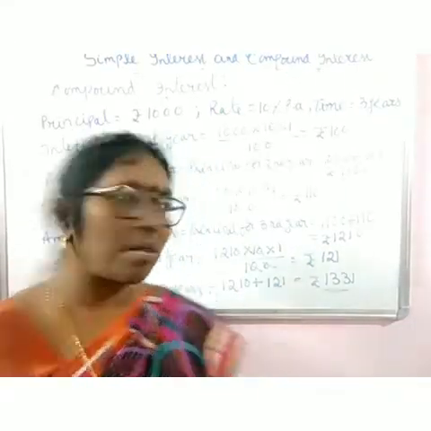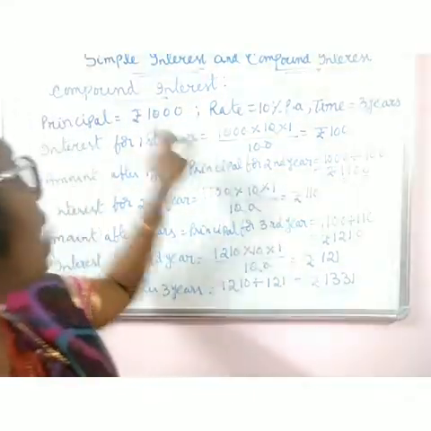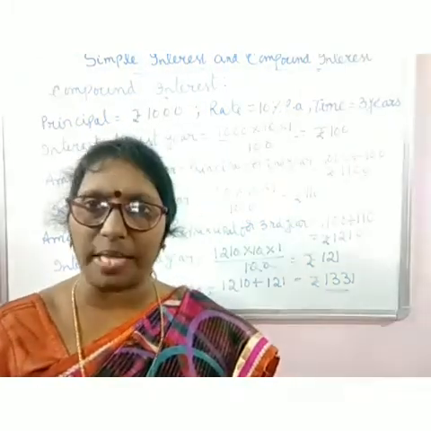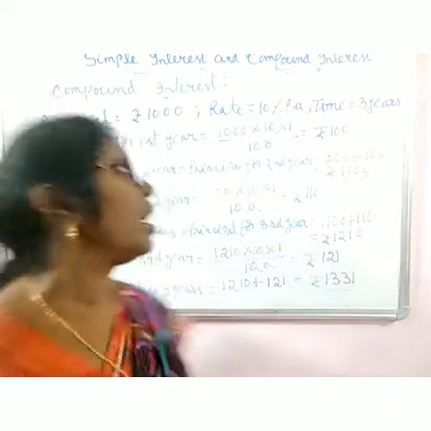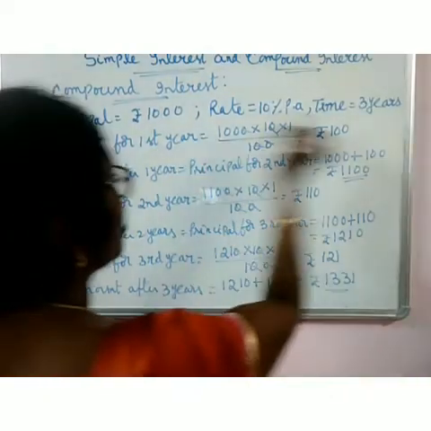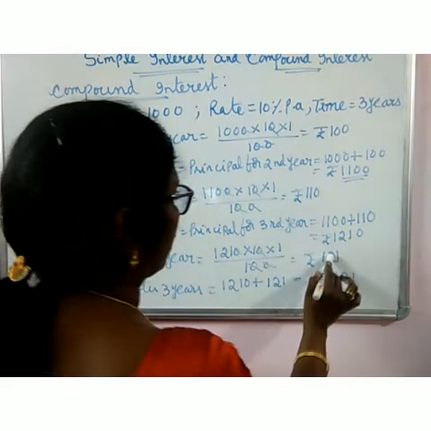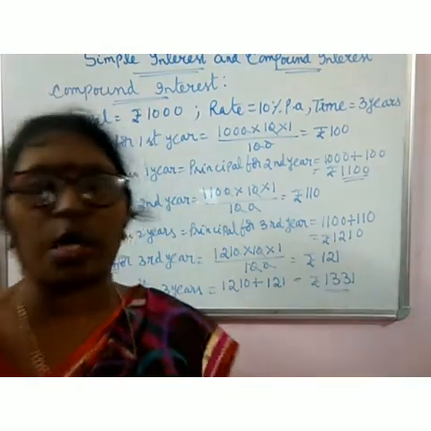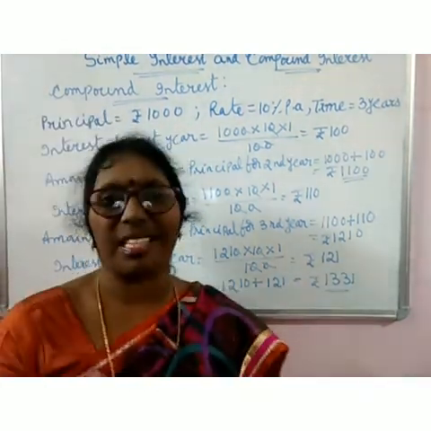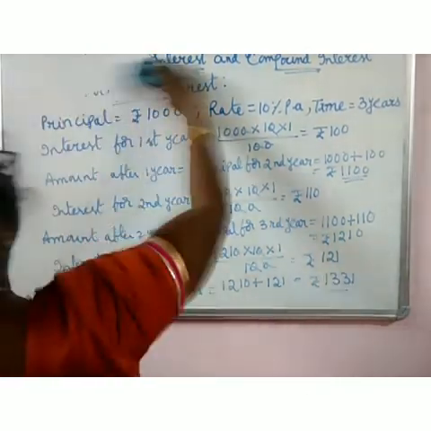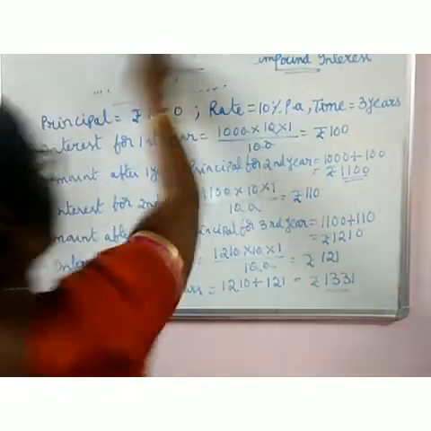Compound interest is final amount minus original principal gives you the compound interest. Or if you add up interest for the first year, interest for second year, interest for third year, also you are going to get the compound interest for 3 years. Let me find that and show you. So compound interest is